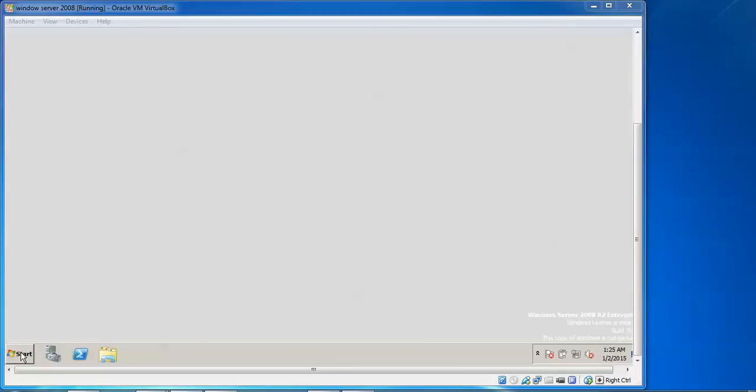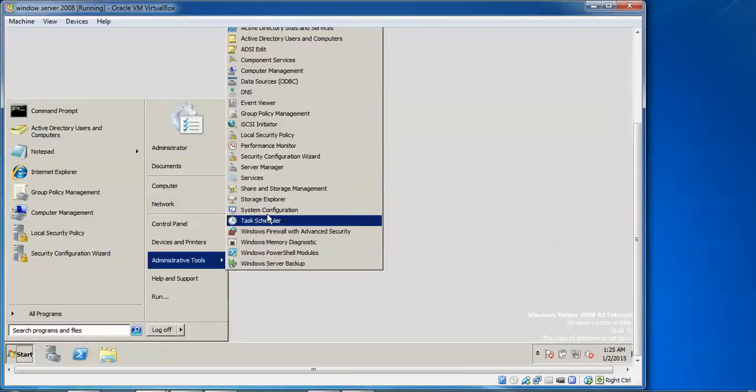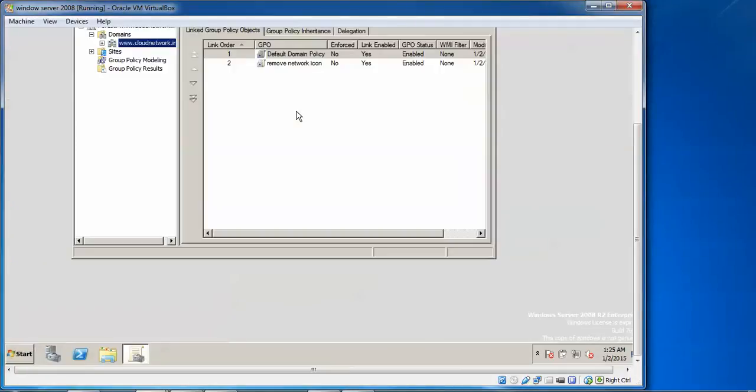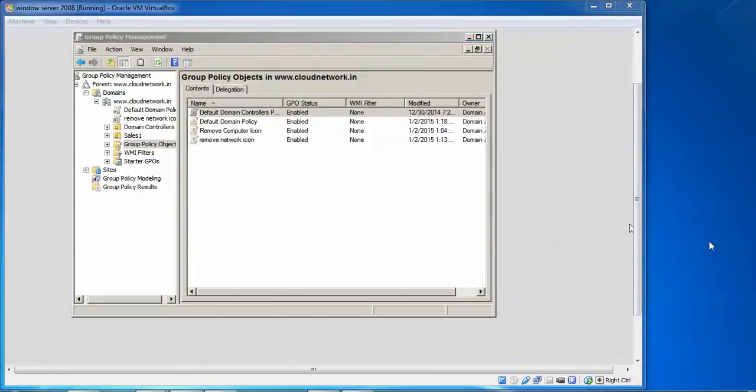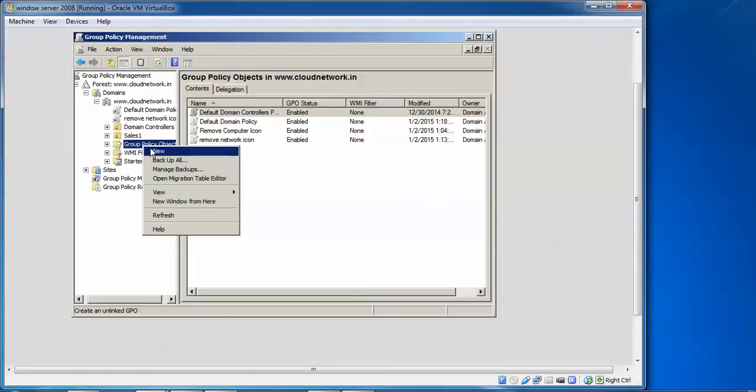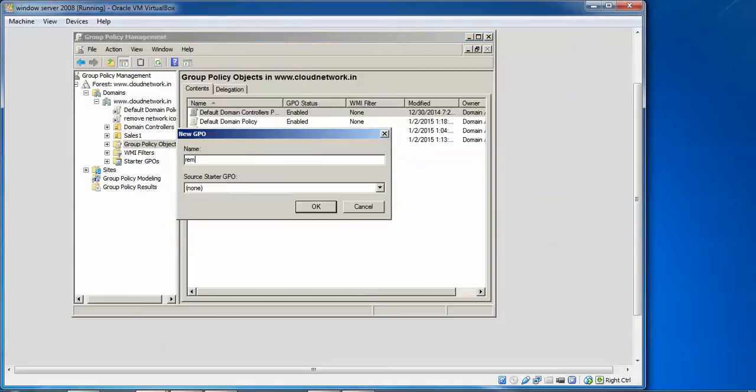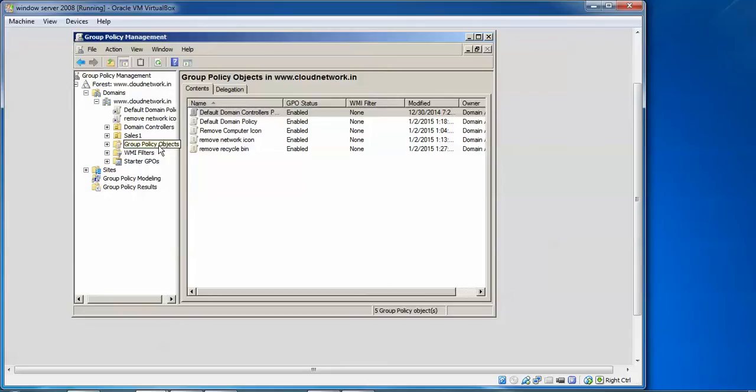Just click on Start, go to Administrative Tools, click Group Policy Management, and then go to the top. We need to click on Group Policy Objects, click New, and name it remove recycle bin. Press OK.